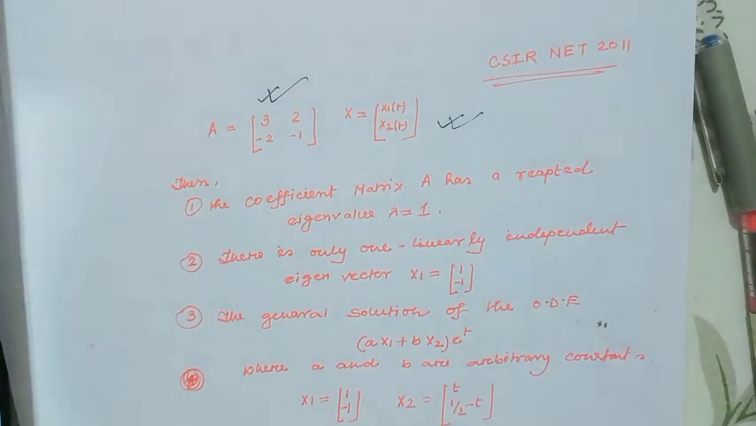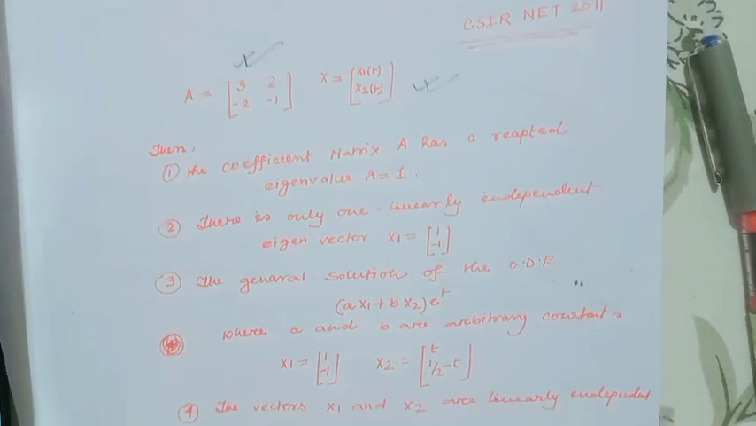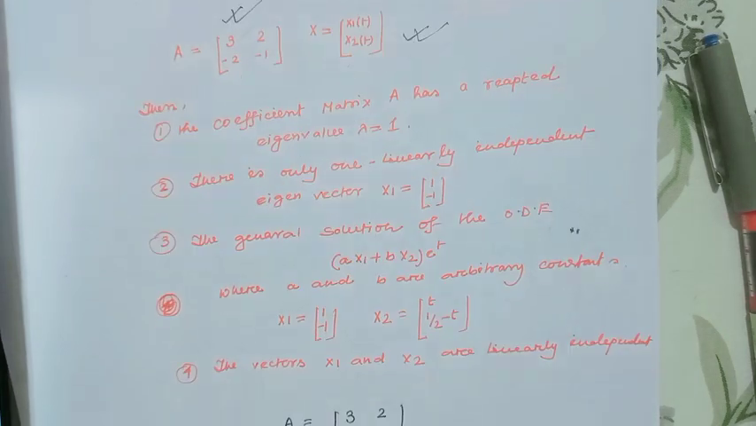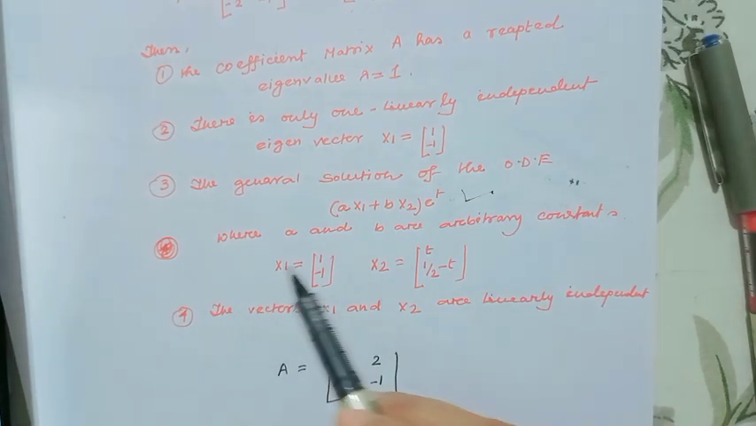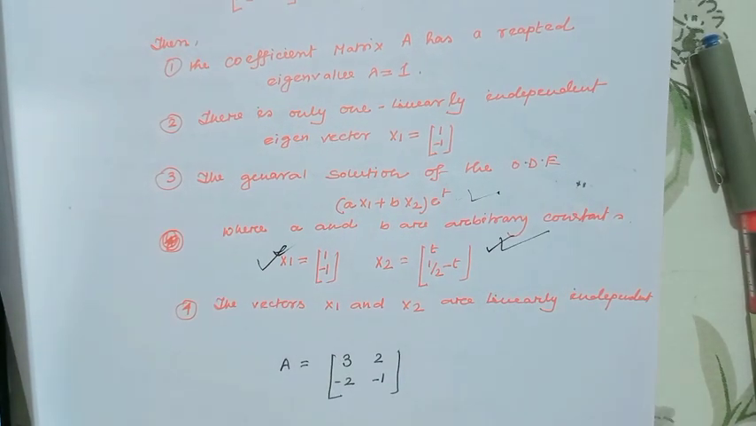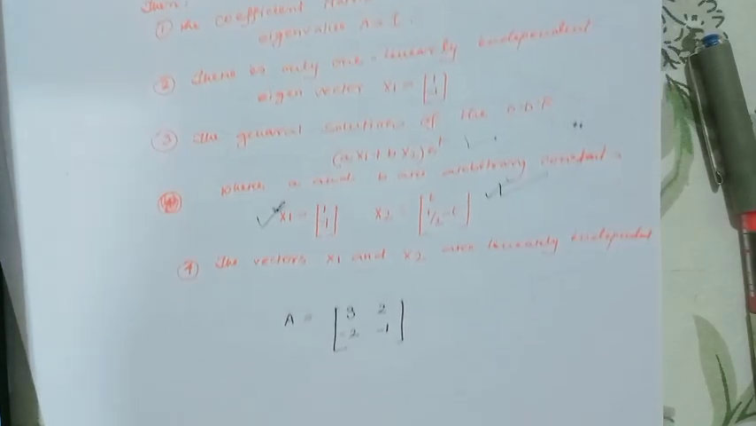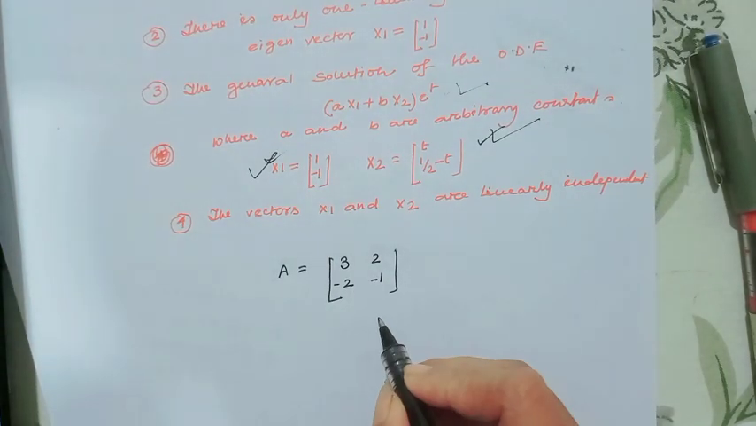Option 1, the coefficient matrix A has a repeated eigenvalue. Option 2, there is only one linearly independent eigenvector. Option 3, the general solution of the ordinary differential equation is of these types where x1 is this and x2 is this. And option 4, the vectors x1 and x2 are linearly independent. For this, here